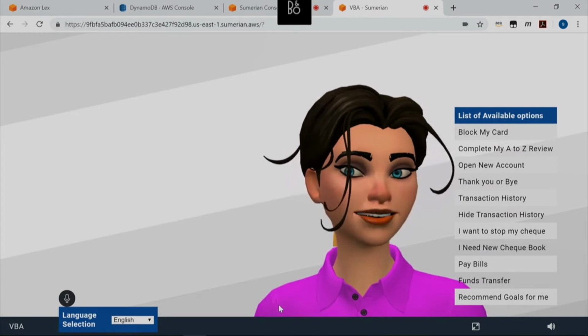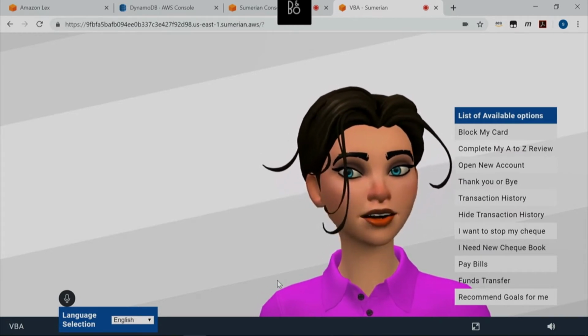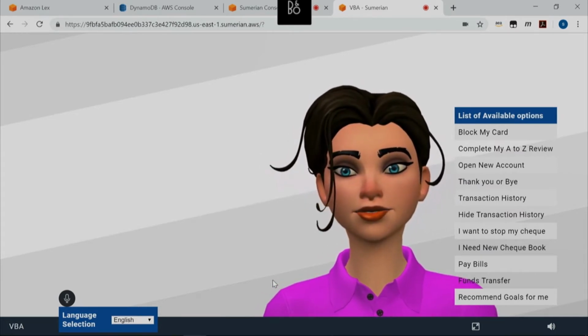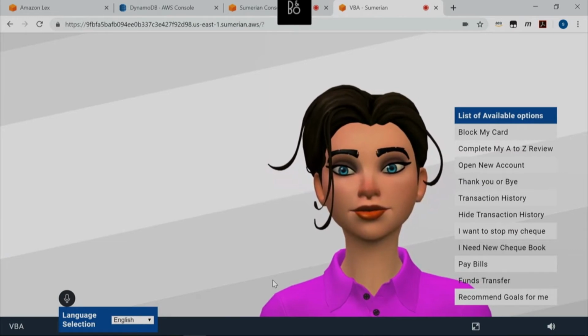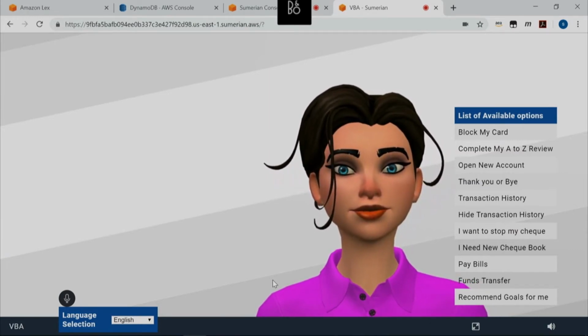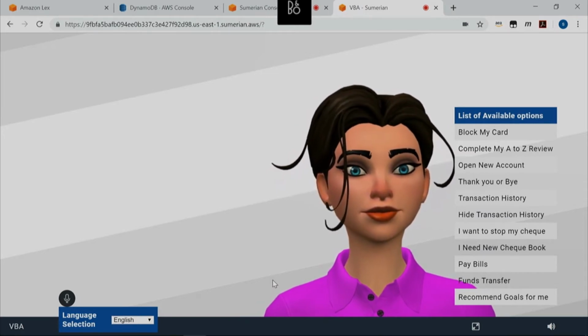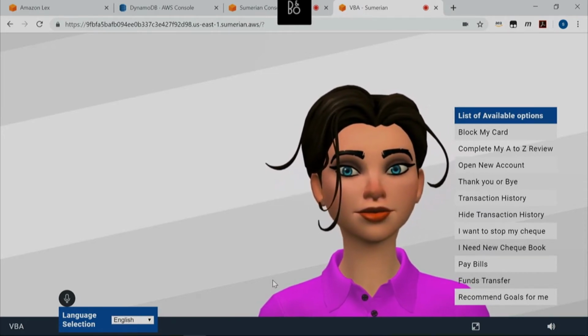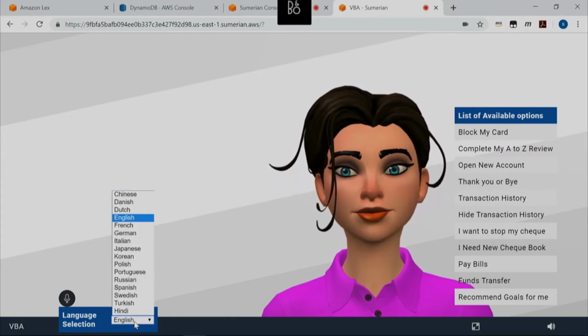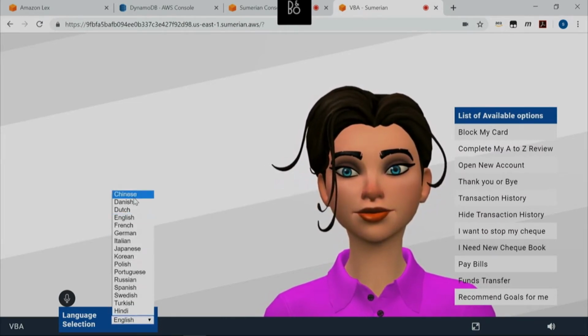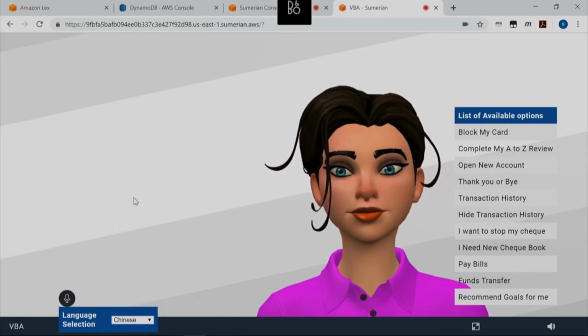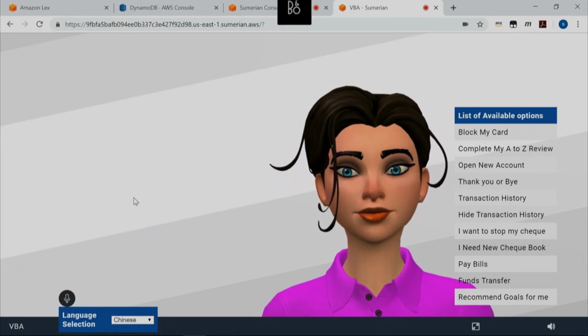Certainly. Based on your age and income, recommended goals for your house, vehicle, studies. So it goes through the database and finds your age and income. Based on that age and income grouping, it will recommend the goals. So just to show that, for example, if you are traveling and you want to know, Chinese, recommend goals for me.